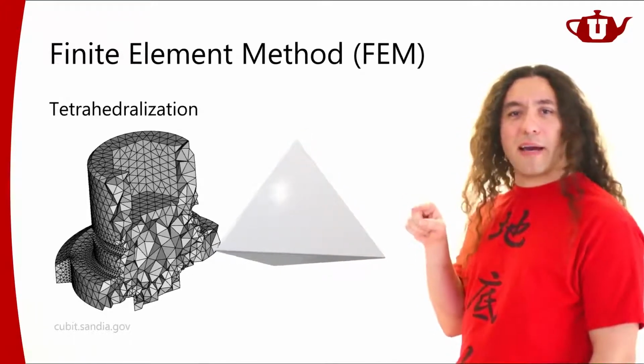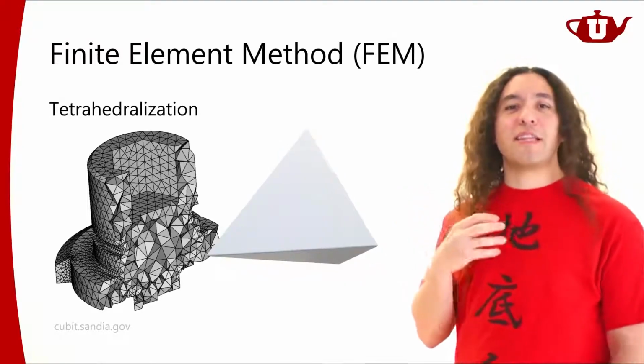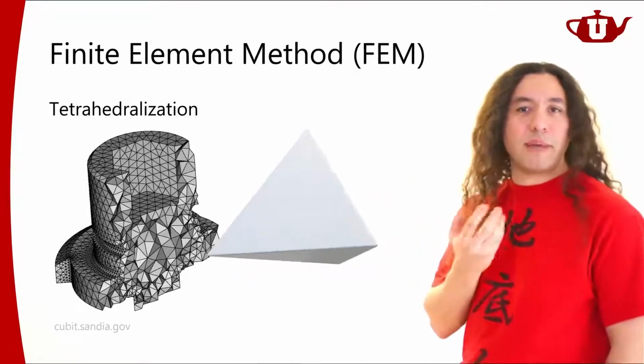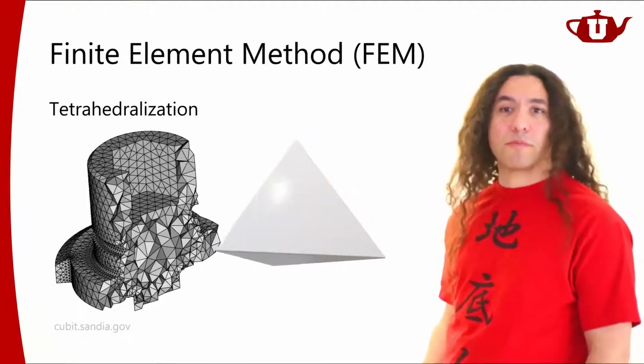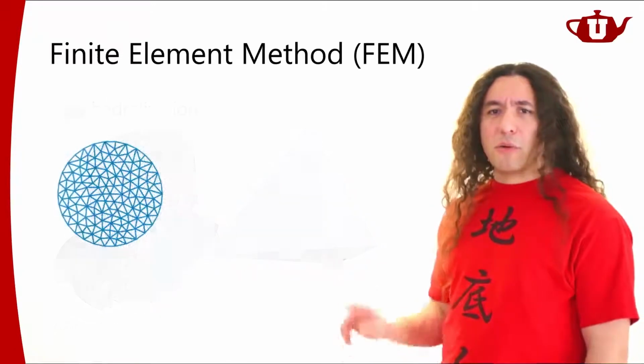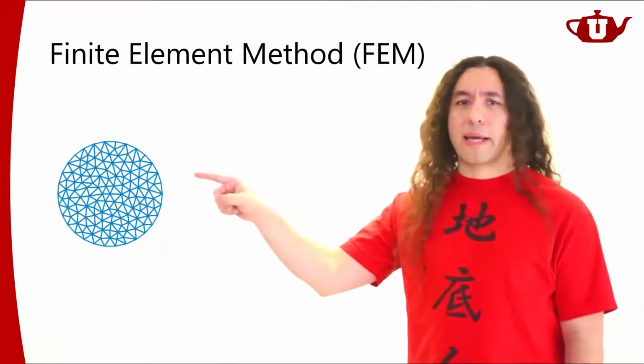You can think of this like a triangulation in 3D, right? We kind of need to worry about the volume, and this is the basic element that we typically use. We don't have to, but we typically use something like this. Now, I'm going to show you what's happening in 2D, with an example like this.